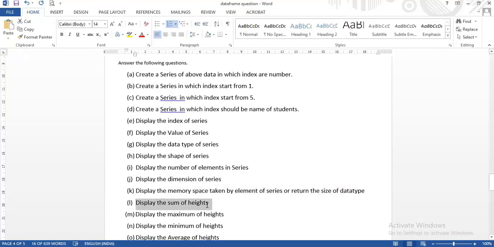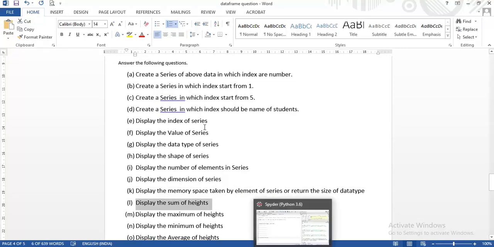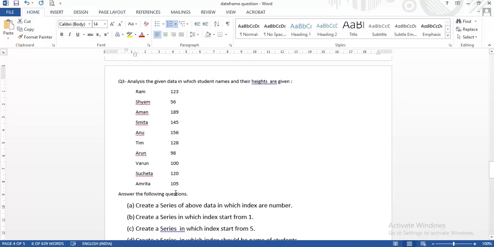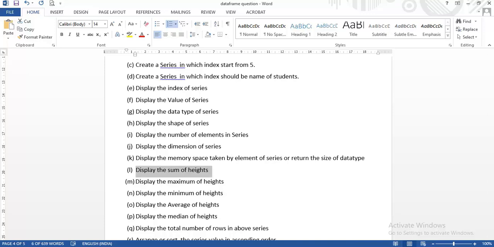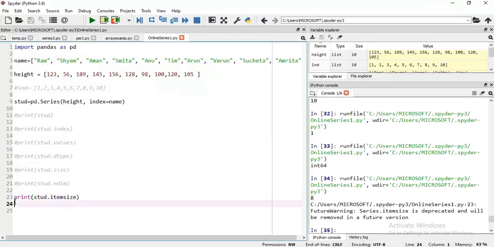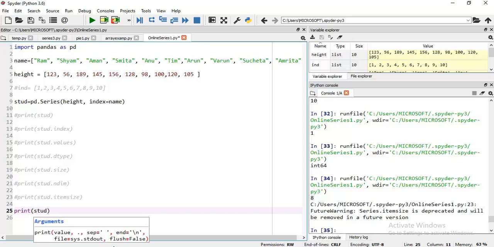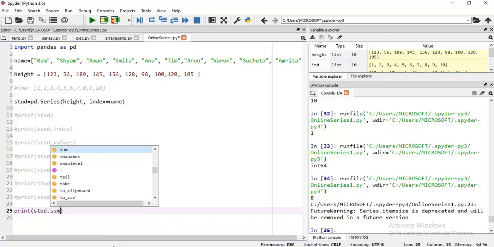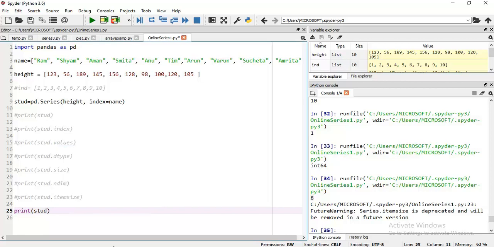Now let's move to the next question. Display the sum of height. Here we have to display the sum of height, which means we have to get the total of the given heights. But before this let me print the series. F5.